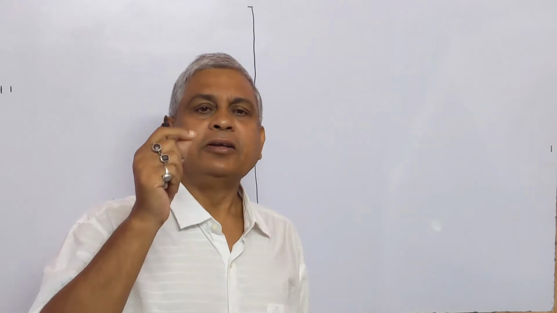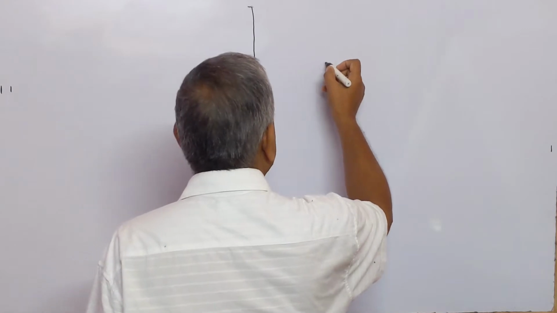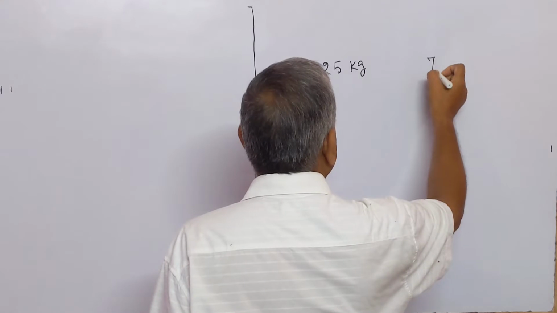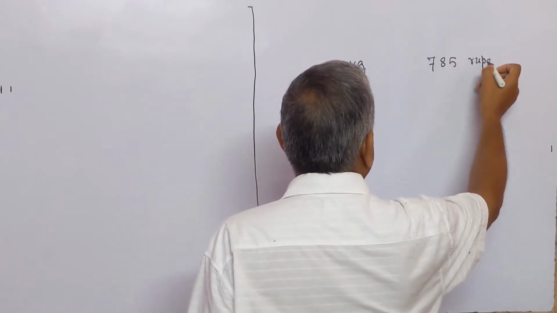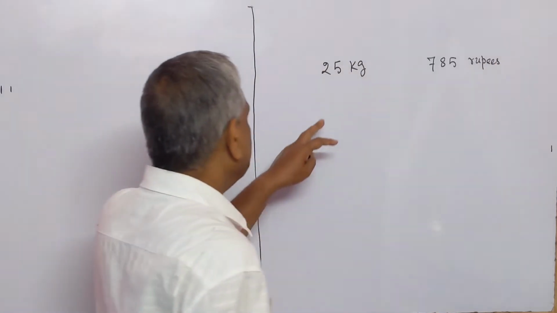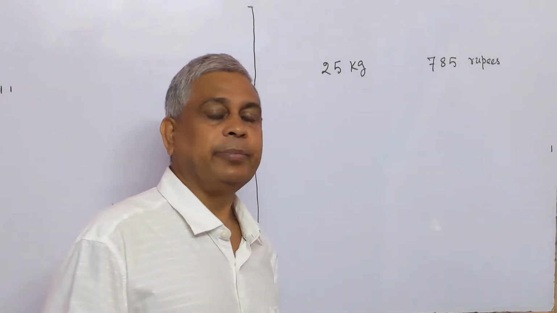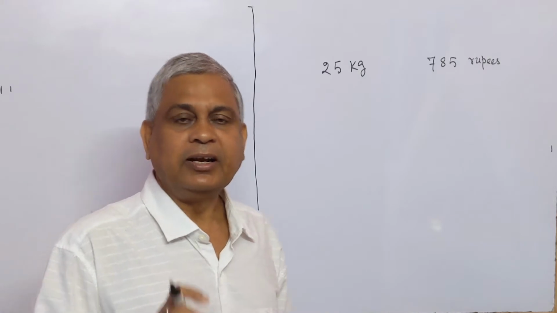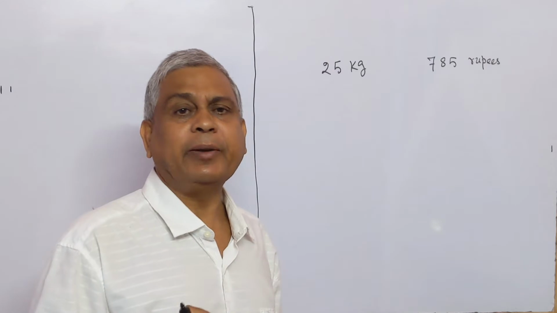When we speak that 25 kg rice costs 785 rupees, this 25 and 785 are numbers in decimal system. Decimal system means the base of the number is 10